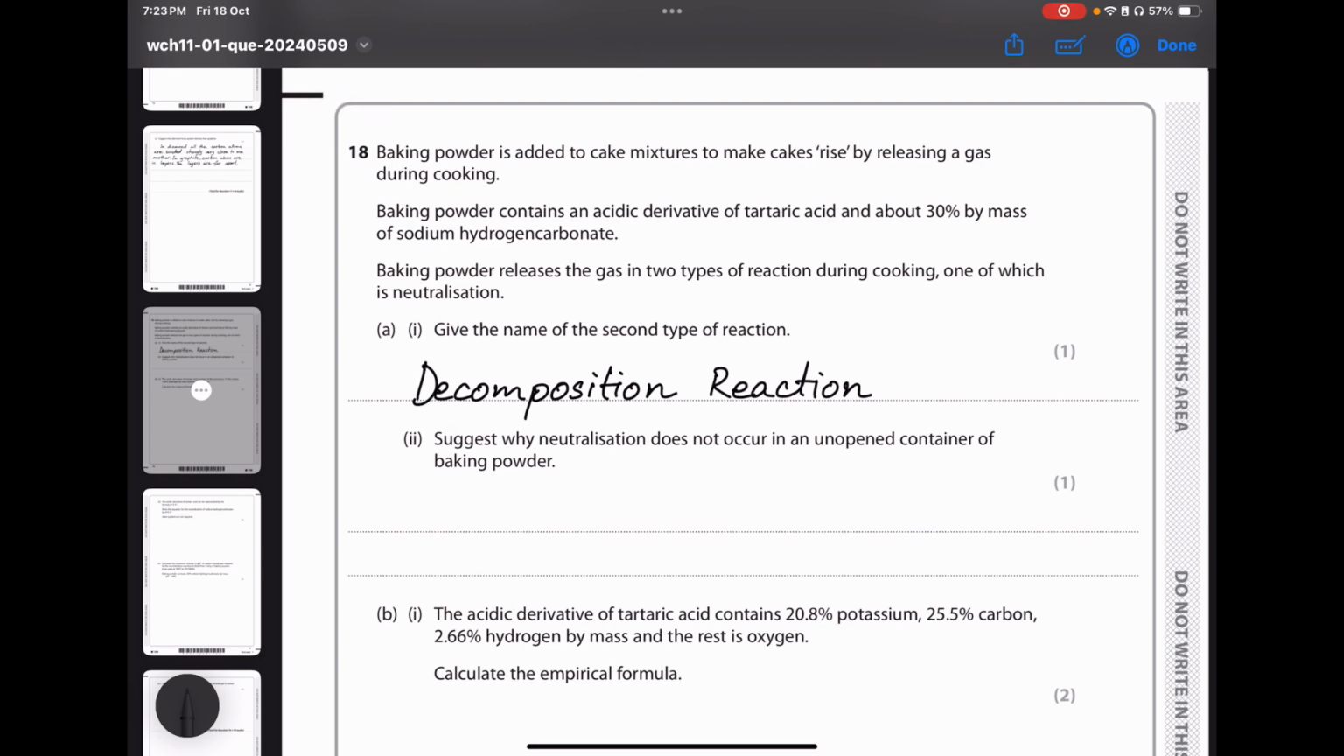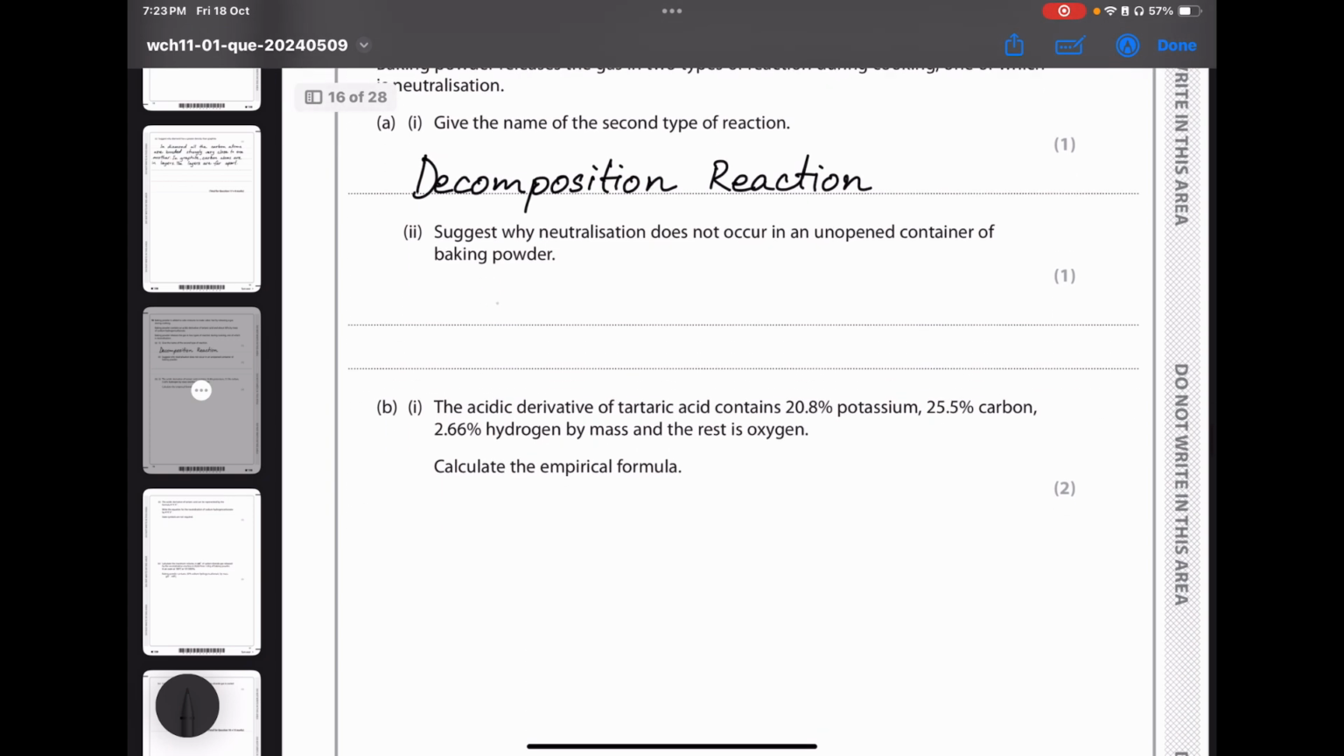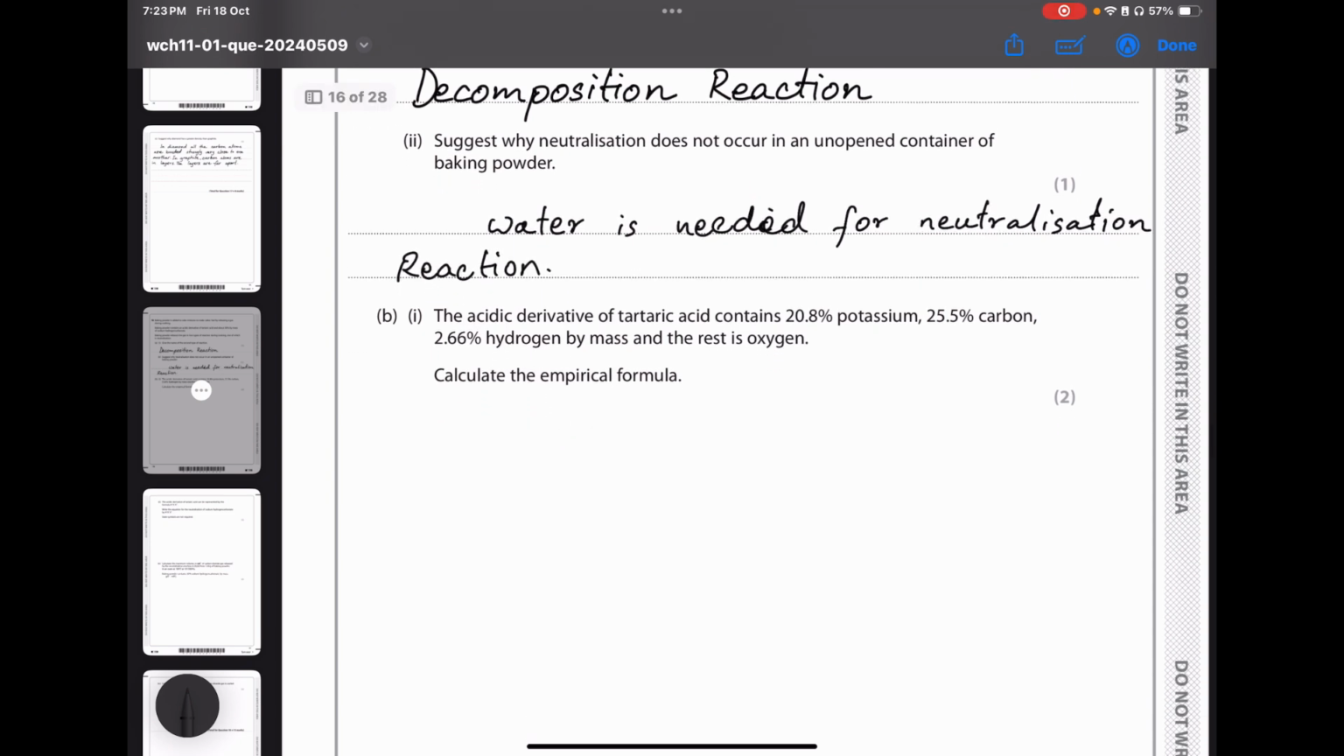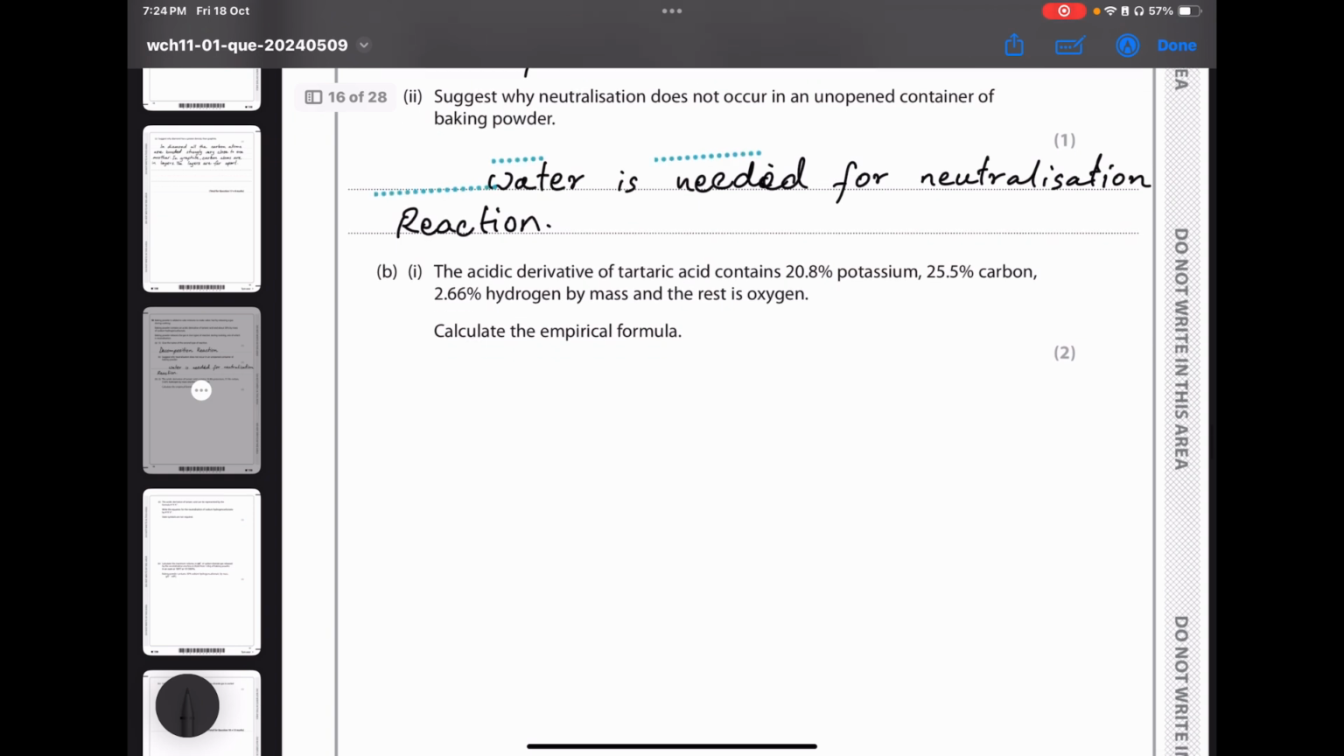So you need to write down that water is needed for neutralization reaction. Neutralization reaction. Okay. The acid derivative of tartaric acid contains 20% potassium, 25.5% carbon, 2.66% hydrogen by mass, and the